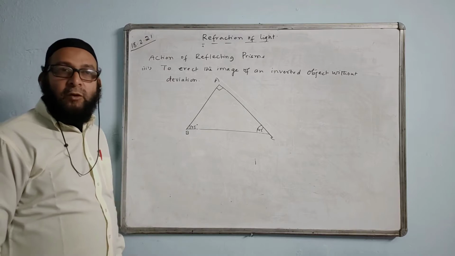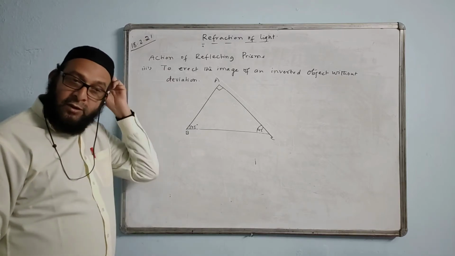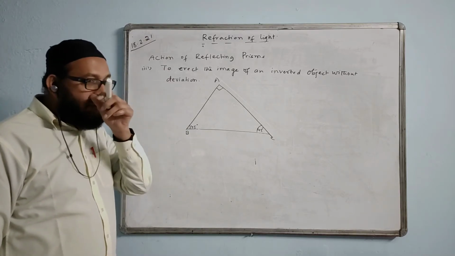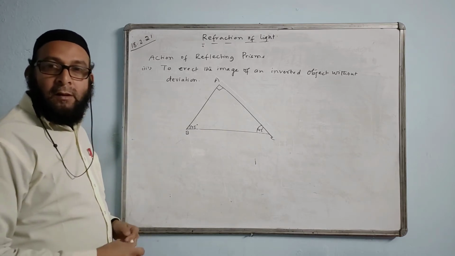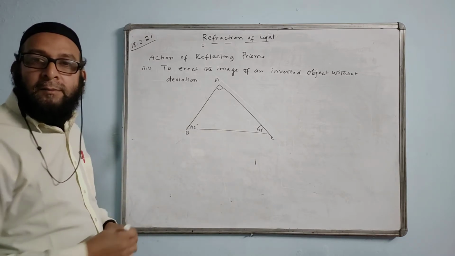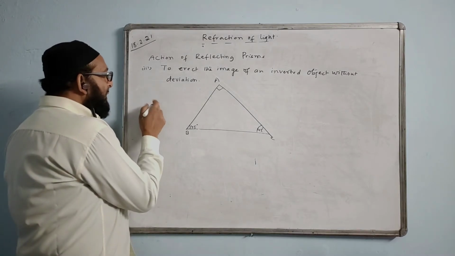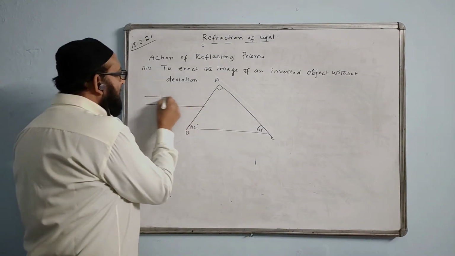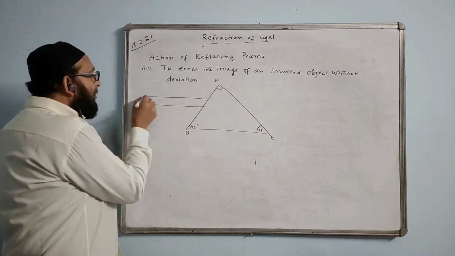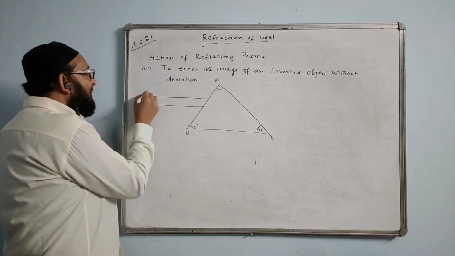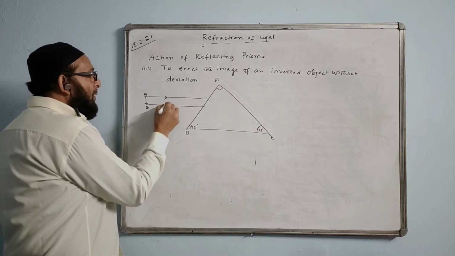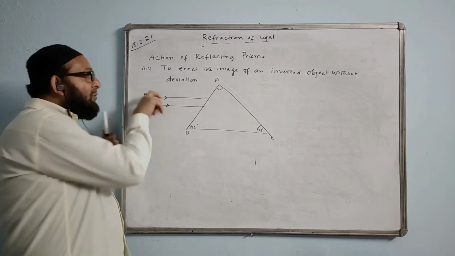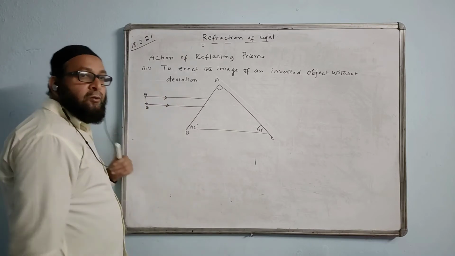This diagram we will do on the ruling paper, ruling side only, because in your ICC all the sheets will be ruled ones. We'll choose any two lines. Suppose one line is here, one line is over here. And we'll keep an object inverted here, like this, upside down. We'll choose two rays parallel to one another using two ruled lines over here.